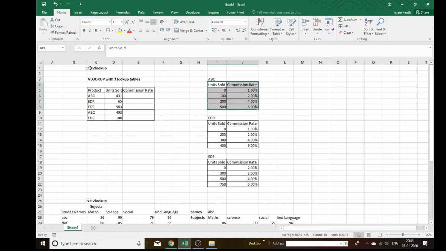Again, select the data from here and name this one only, EDR. Again, select the data from here and do like this. I already named, see, all three things are there: ABC, EDR, EDR.